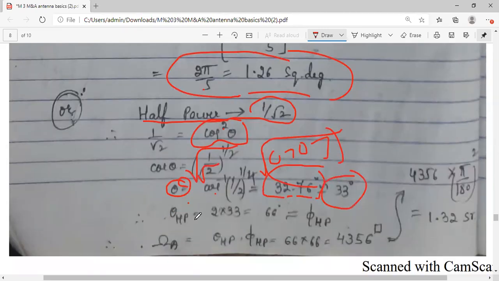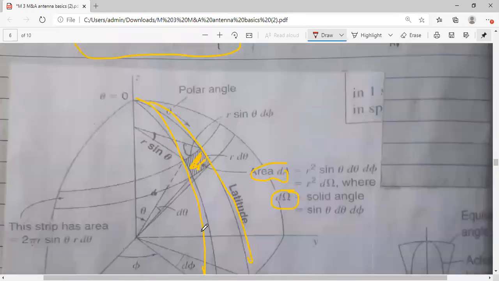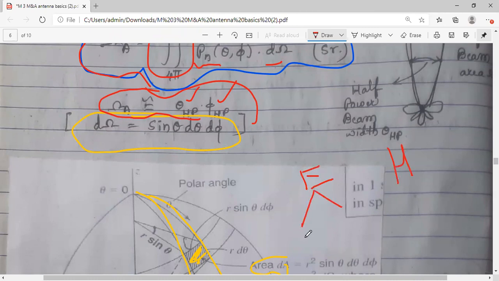Okay, as I told you in the previous discussion, let me show you what is that HP. Beam area is also taken as the multiplication of theta HP and phi HP, because when we go for any pattern drawing, I have told you जो भी आप field लोगे either E or H, we want the variation of this E both in theta and phi direction. दोनों direction में variations चाहिए हमको. So that's why when you take the multiplication of these two, you will get the total beam area. Similarly, the same is applied to H also.